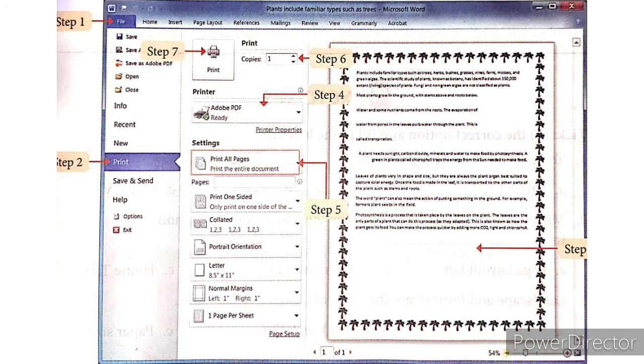Choose the printer. In the printer box, in the print range, choose from the option present. The default is all. In pages, you can give a page number such as 2 or 3 or range like 2 to 4. If you want to print more than one copy, enter the number of copies in the number of copies box. Now click on print to print your document.